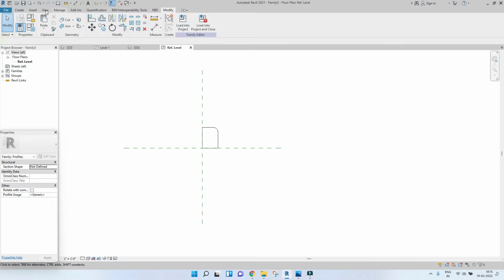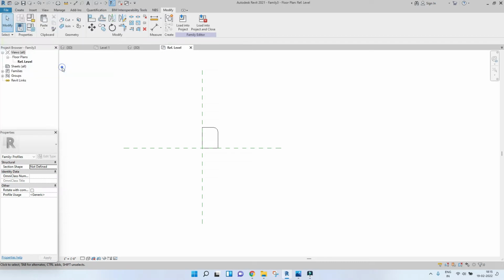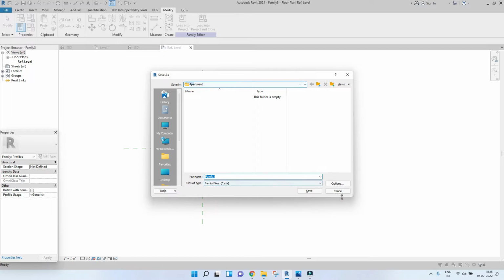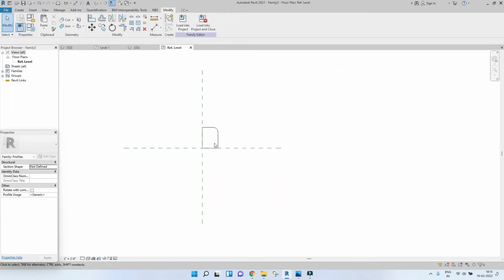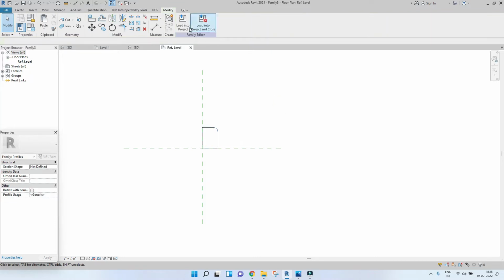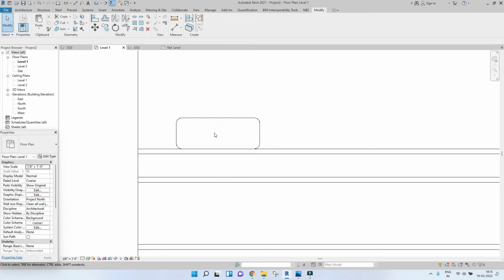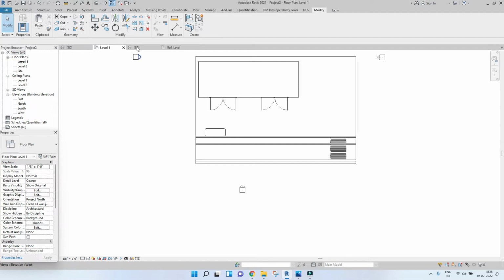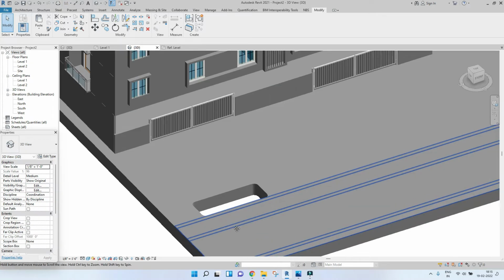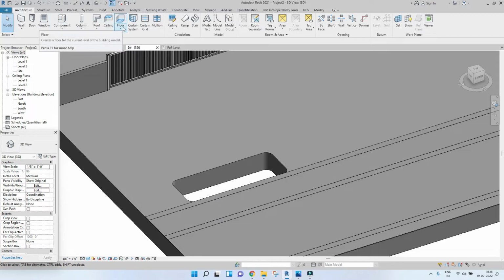And before that, just save this. Go to save as and go to family, and make sure you save this properly in whatever name is okay with you. Save it first and then go to load into project, and make sure you pick the right project that you're working on. And once you've done that, go to 3D, and under 3D go to architecture and drop down on